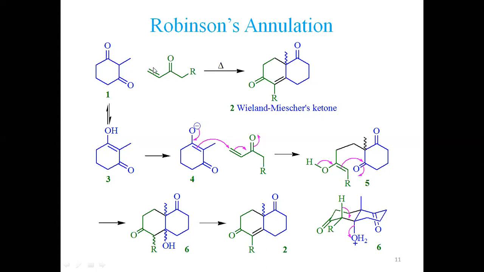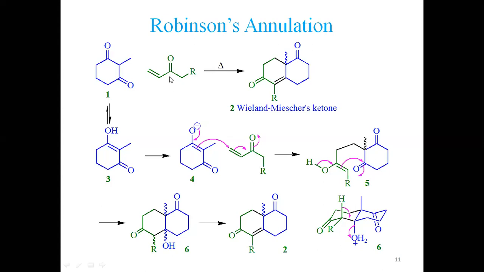And you can also synthesize this entity, alpha-beta unsaturated enones, by following Claisen-Schmidt condensation, in fact. So this is a result of Claisen condensation, not diesters we are using, but we are using one ketone, one ester. This is the modification in Claisen condensation. So this is a Claisen condensation product. In fact, this is a Claisen-Schmidt condensation product.